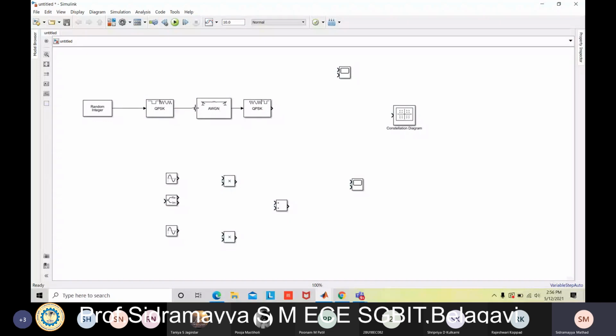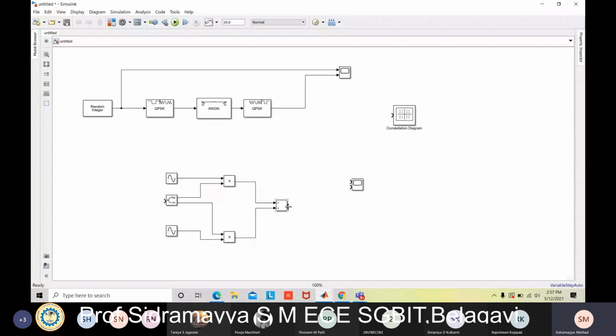Next, what are the next connections? Output of the sine wave is connected to the product. The product has one more input from the complex to real imaginary part. Same thing, this sine wave is also connected to this other product, which has one more input, again from real to imaginary. Then the output of the product is applied to the adder, and here also the output of the product is added to the adder. Then the output of the adder is connected to the scope. This is the first thing.